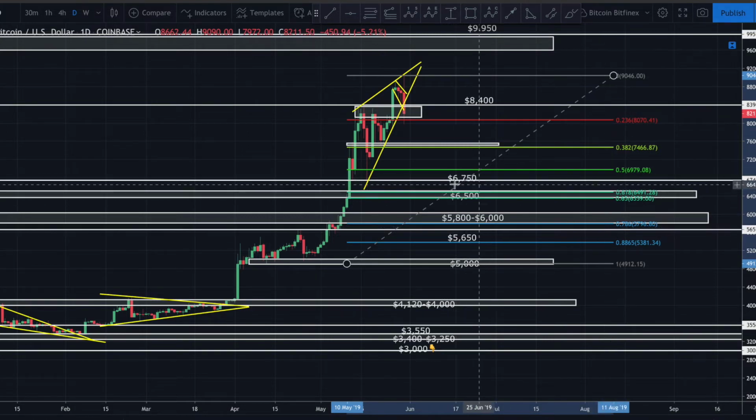And then, of course, if that breaks down at the 786, I would expect a very strong bounce off that zone, guys. And that would be 5,800. Right now, I would be comfortable saying that this would be a decent area to look for a very strong bounce. I'd be comfortable taking a decent sized position at 5,800 to 6,000, expecting a very solid bounce off that zone. In fact, I'd be comfortable taking a fairly strong position at 6,500, depending on market conditions, depending on how